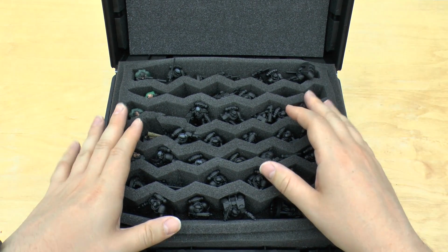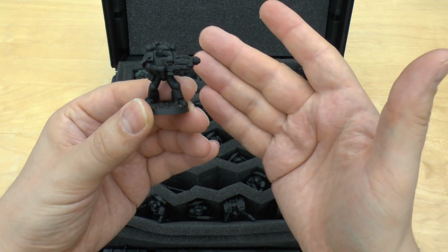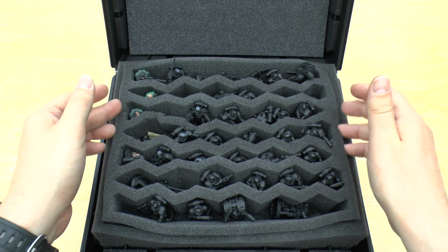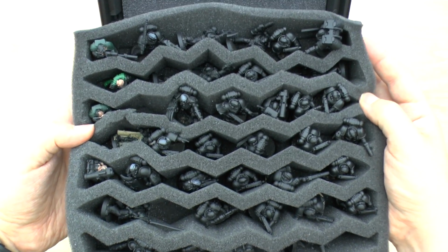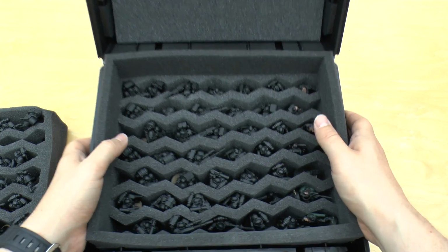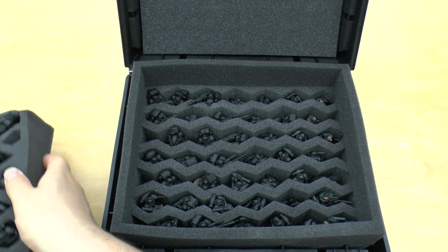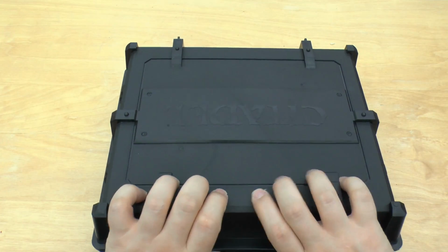Now, if all of your Space Marines are generic Space Marines, just the normal standard ones, like so, they don't have jump packs, they don't have banners or anything like that, then it might be possible to squeeze another 5 or 10 in there. But I've really jam-packed them, and quite a few of them are metal in there, and quite a few of them have banners or awkward positions, and again, I've sort of squished them in, and a lot of those are Devastators with long weapons. So I think 80 Space Marines in a 20 odd pound case